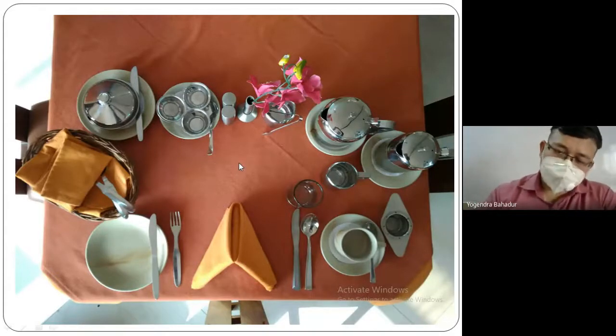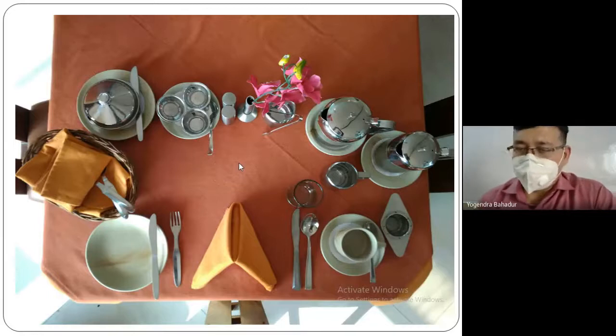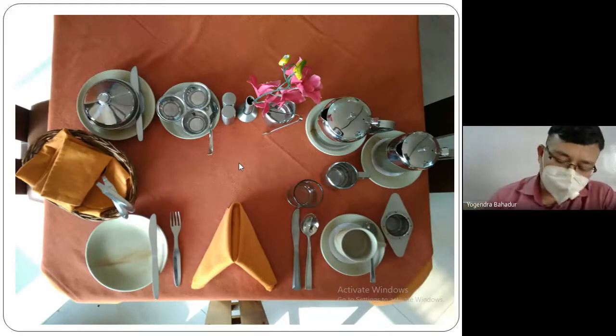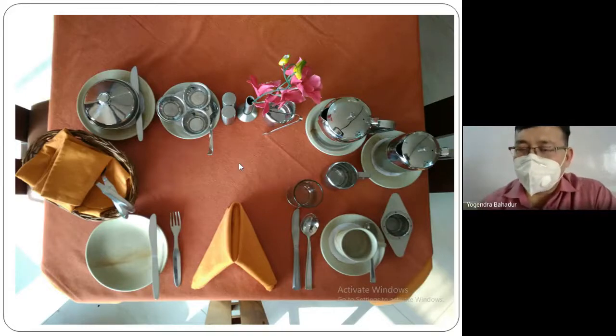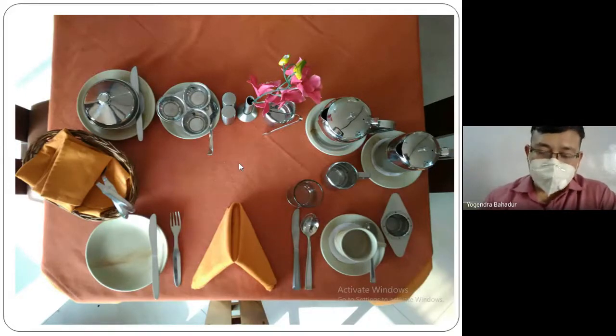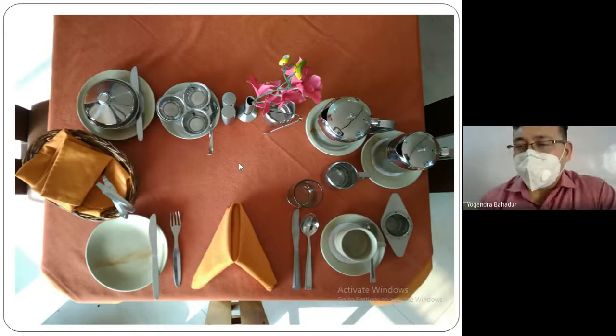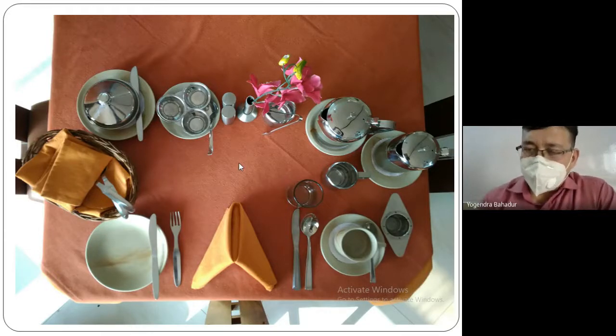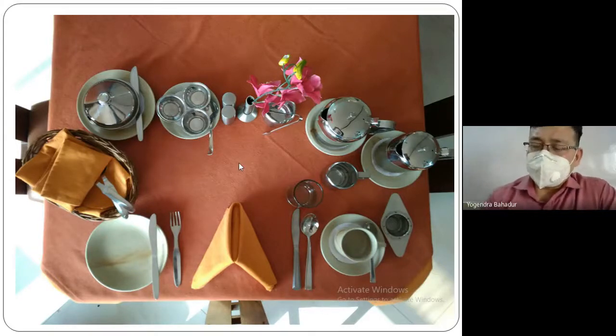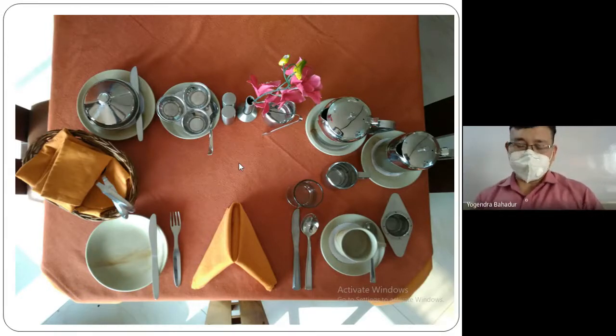So now moving to the fourth type of breakfast, which is also considered one of the lightest forms of breakfast. The fourth type of breakfast is known as continental breakfast. Keep this point very clear in your mind. When we say continental breakfast, there are two types. One is the simple continental breakfast, that is called simple cafe. Another one is the complete continental breakfast. So let's first try to understand the difference between the two.